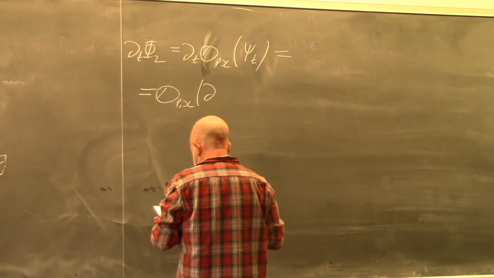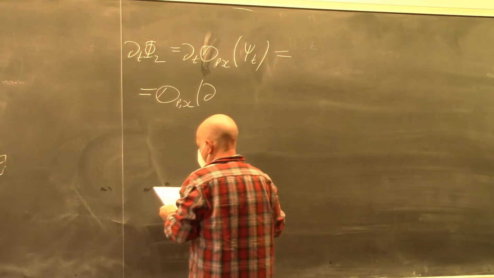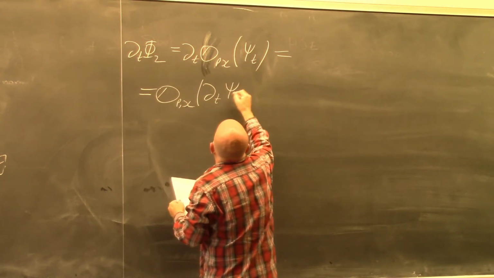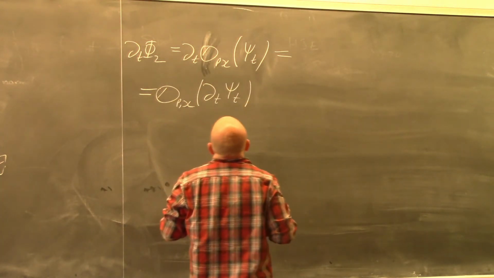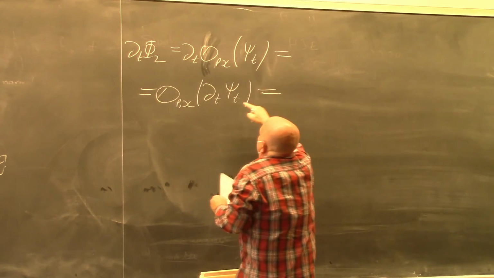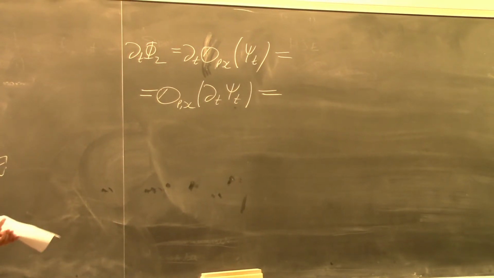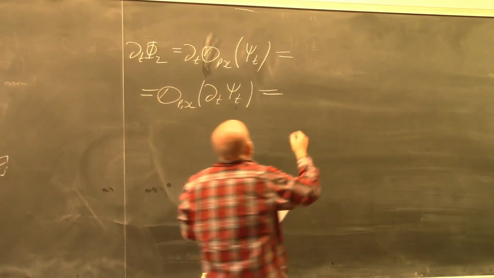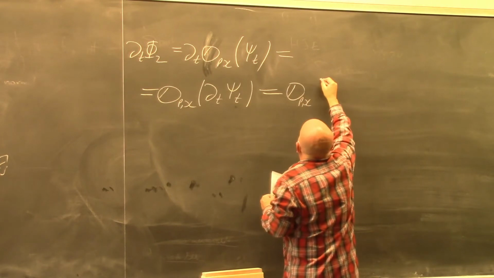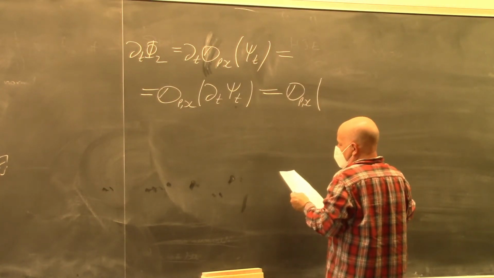Wait, am I messing up? Yeah, no, I'm not messing up. The derivative with respect to t of psi t. Well, psi t is given explicitly, so I can just differentiate. Okay? So this is ordering p's ahead of x's of the derivative, and I think it comes out to be